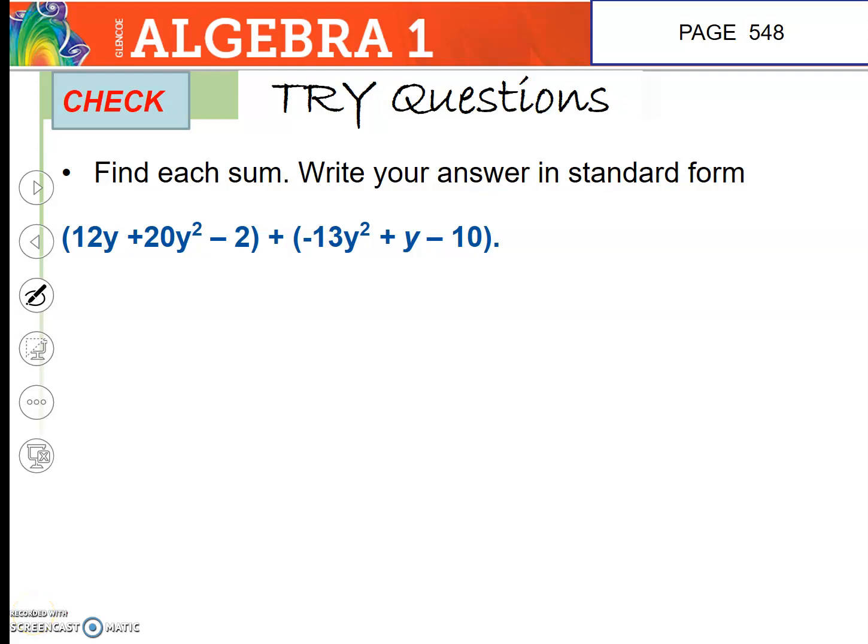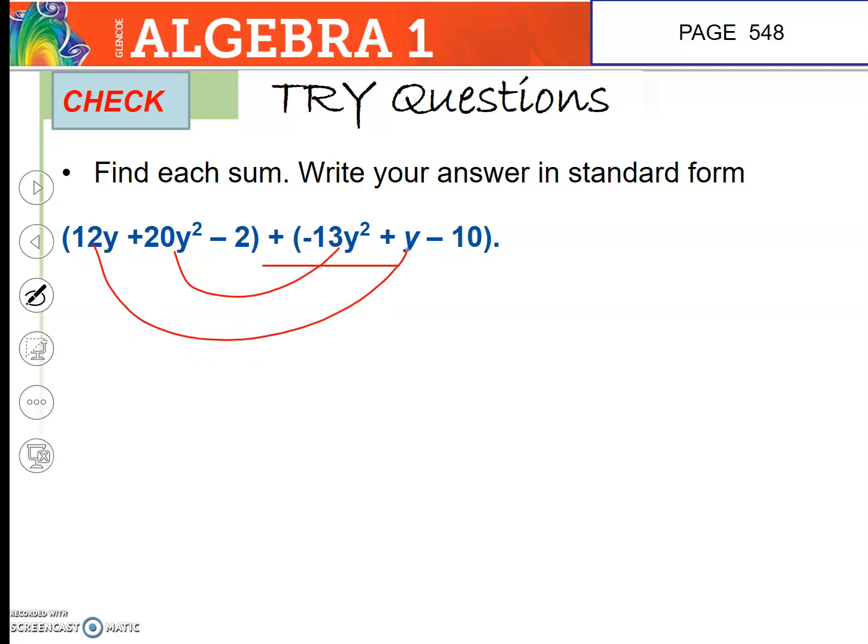Good morning. Let us continue with solving our try questions. It said find each, write the answer in the standard form. So looking at our questions, there are no distributives, so we just go ahead by multiplying the highest degree first,